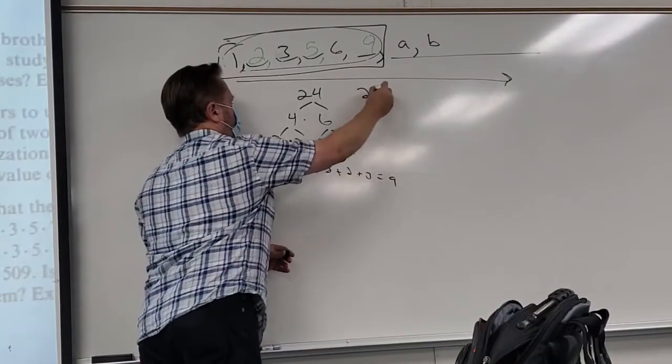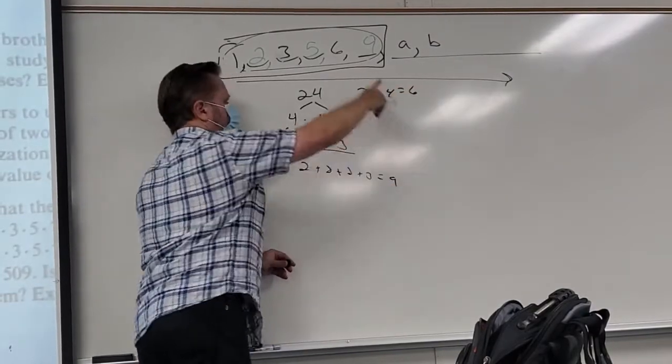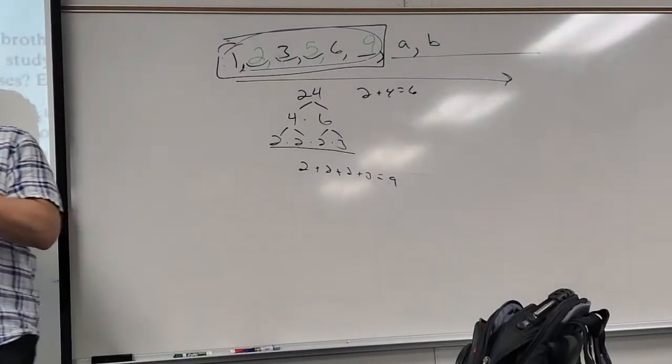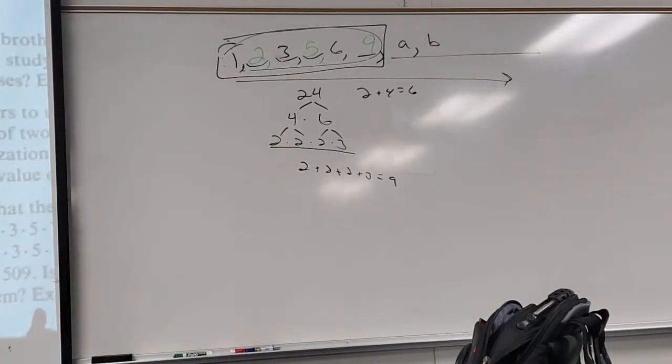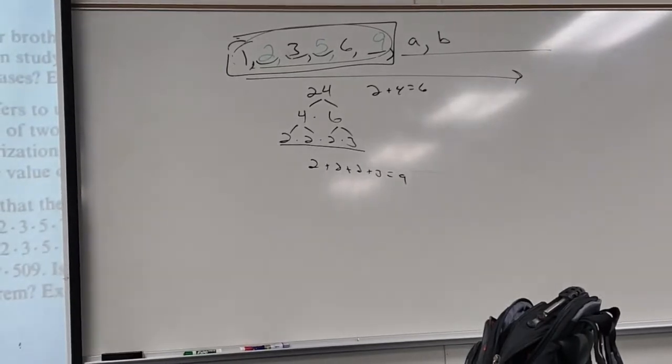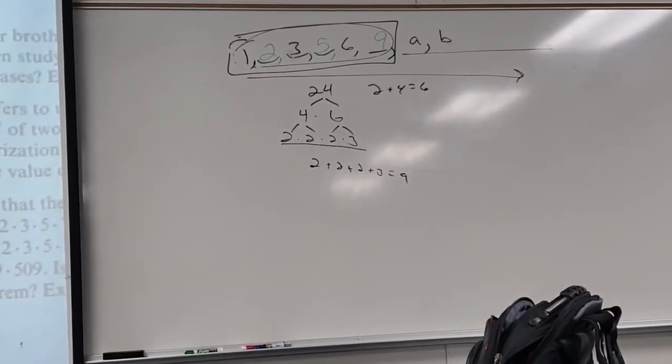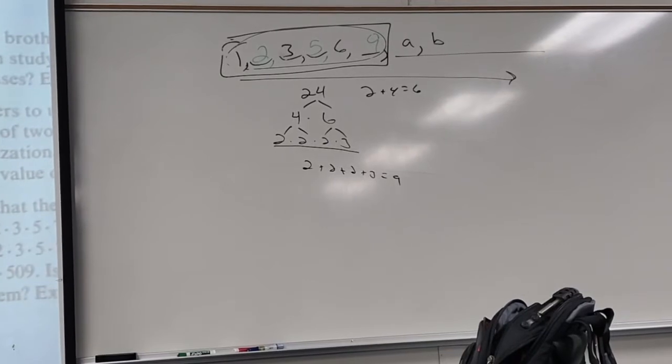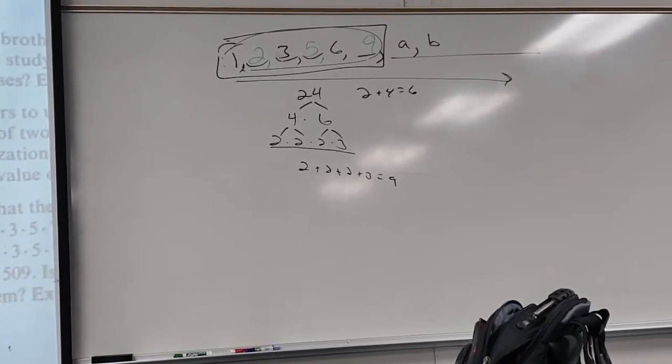But 2 plus 4 is 6, so that's not a Smith number, because its prime factors don't add up to be the sum of the digits of the number itself. A Smith number is one the sum of whose digits is equal to the sum of all the prime factors. So the biggest, hardest part of this problem is going to be factoring this thing down in a factor tree,